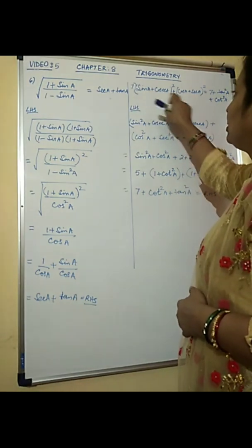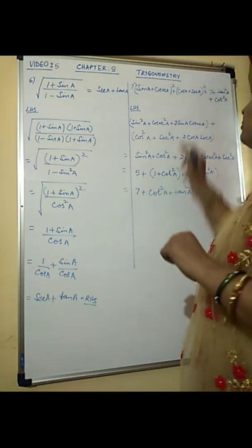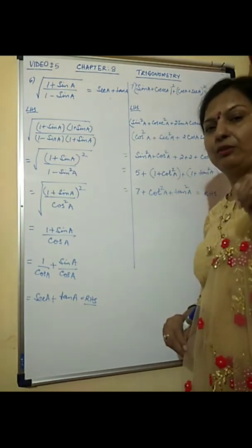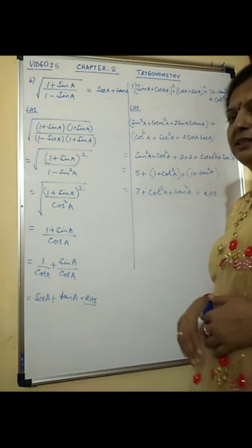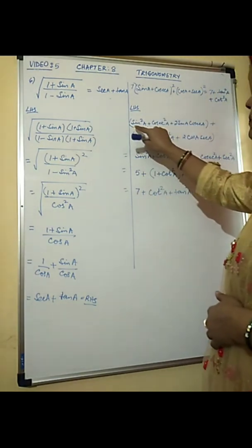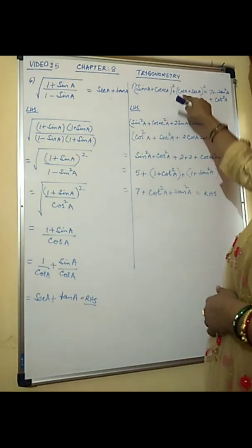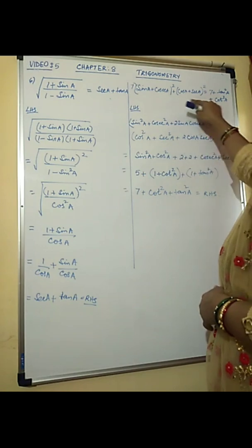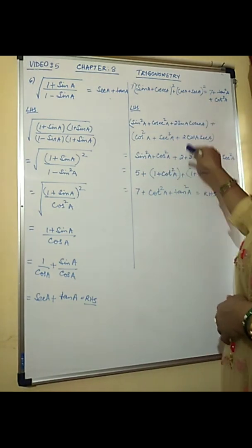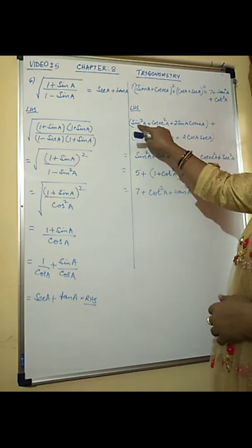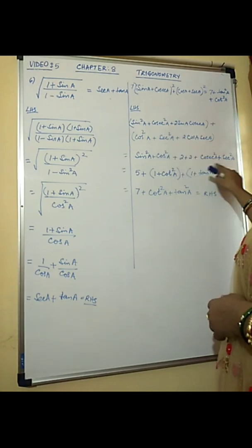And then these two terms, you see, they are reciprocal of each other. So sin A into cosec A will become 1. Cos A into sec A will also become 1. So then everything we have is on RHS itself. We just have to expand. So sin square A plus cosec square A plus 2 sin A cosec A plus cos square A plus sec square A plus 2 cos A sec A. These two will become 2 plus 2, 4. This sin square plus cos square together, another one. Cosec square and sec square will be left.